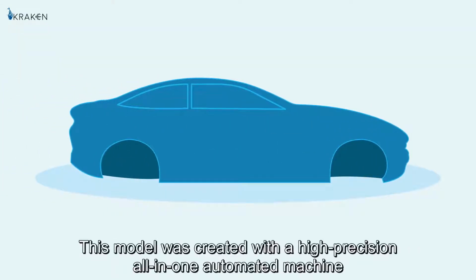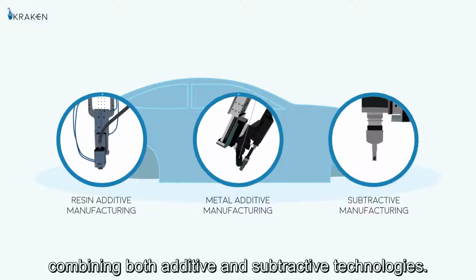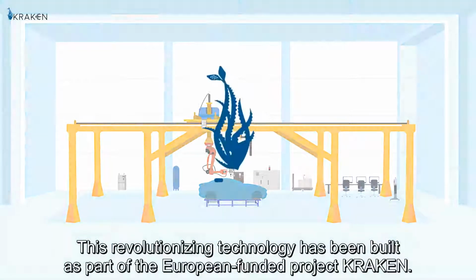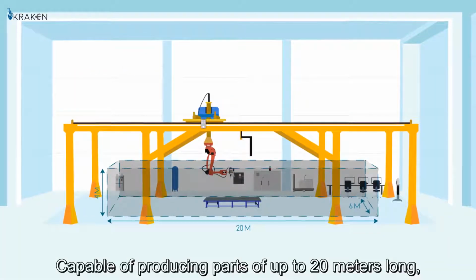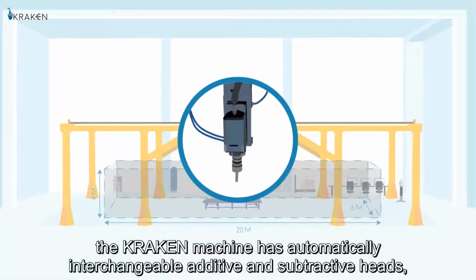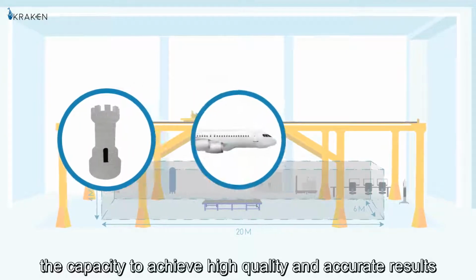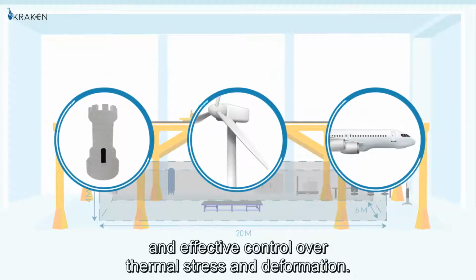This model was created with a high-precision, all-in-one automated machine for multi-material manufacturing, combining both additive and subtractive technologies. This revolutionizing technology has been built as part of the European-funded project Kraken. Capable of producing parts of up to 20 meters long, the Kraken machine has automatically interchangeable additive and subtractive heads, the capacity to achieve high quality and accurate results, including internal and difficult-to-reach areas, and effective control over thermal stress